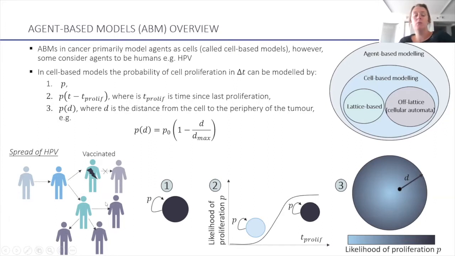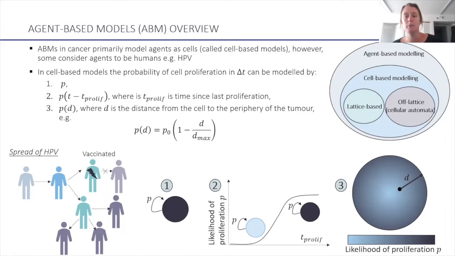And models have looked at what the impact of HPV vaccination is on this spread in different countries. So for example, if this person did infect someone but was vaccinated, the impact then and the flow-on effect of that person then not transferring on HPV, and then the incidence of cancer after that. So that's one example of when the agents in the model are considered as humans, but most of the time